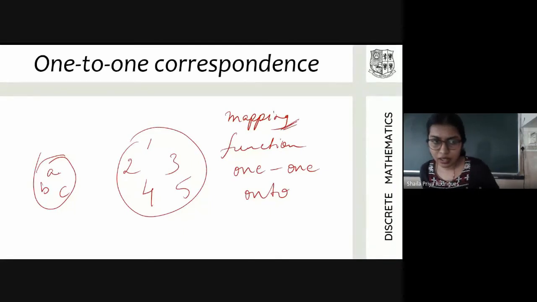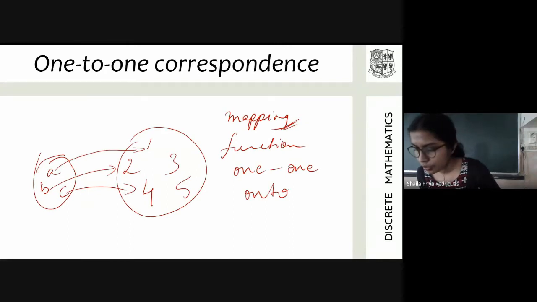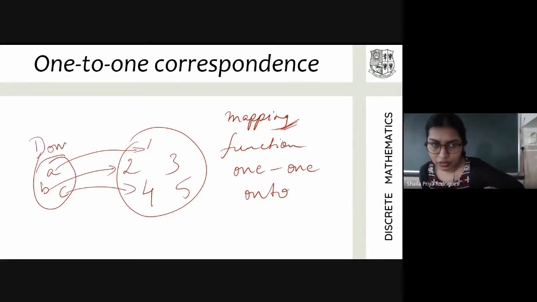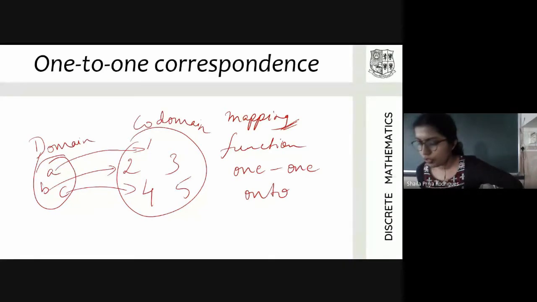Mapping is mapping one element to another like that. A is mapped to 1, B is mapped to 2, C is mapped to 4. Okay, that's a mapping. Is this mapping a function? Is this mapping a function here? The one that I've drawn? A being mapped to 1, B being mapped to 2, and C being mapped to 4. If I call this set as the domain, okay, this as the codomain, the mapping that I've drawn here, is it a function? See, every element is mapped to a distinct element, no?